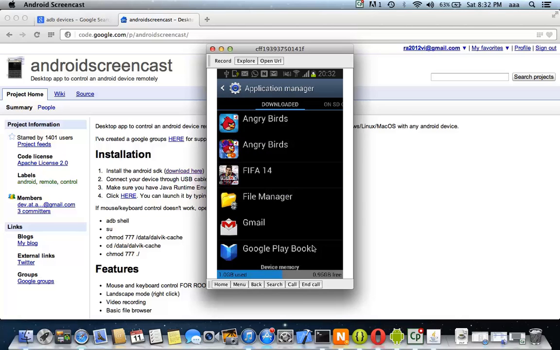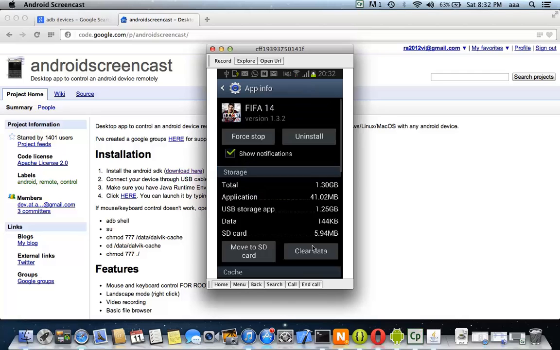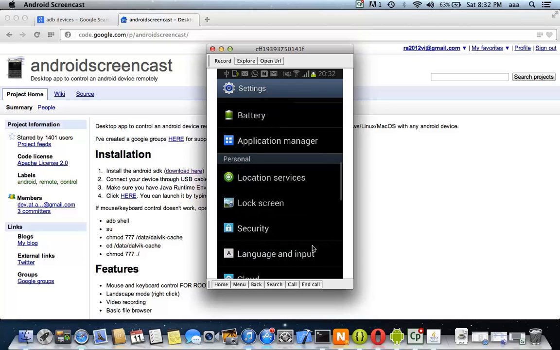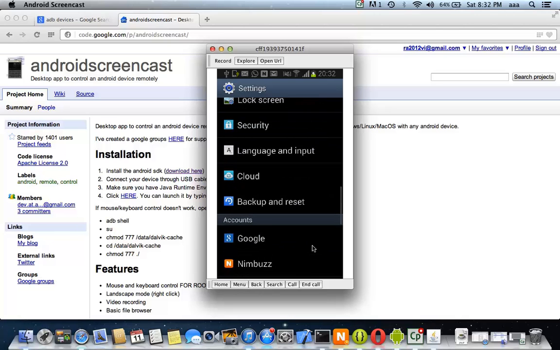You will install and uninstall apps, and all those things will be here, and you can check the size of your app, and you can clear data from there. Like if you see, I have clear data, and I can uninstall the app, I can force stop the app, and so I'm going down now.